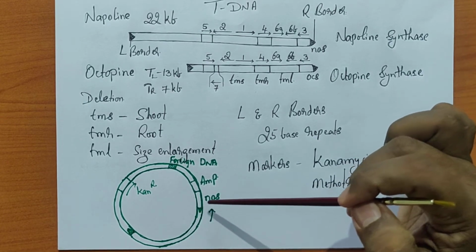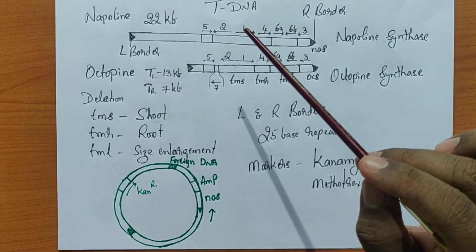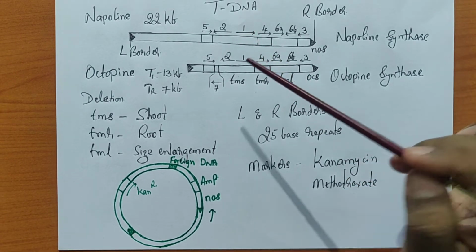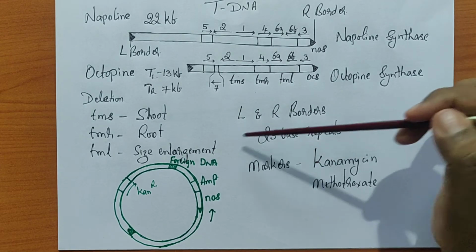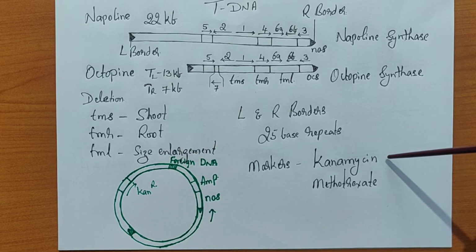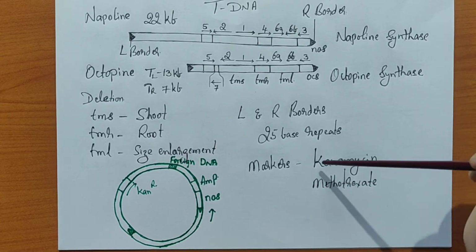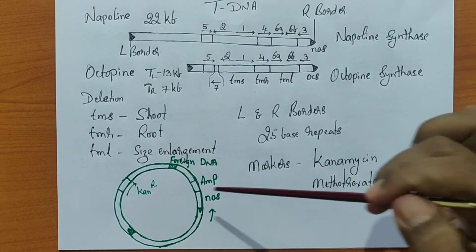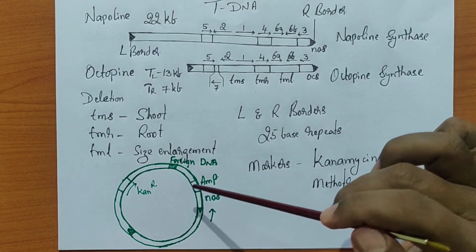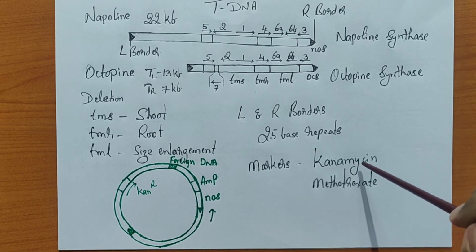So apart from the identification of the nopaline with respect to the identification of a clone, they also use two different marker genes. One is a kanamycin resistant gene, another one is a methotrexate resistant gene. In fact, this resistant gene is very important because the plant cells are highly susceptible to the antibiotic kanamycin and